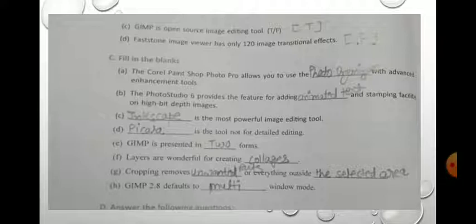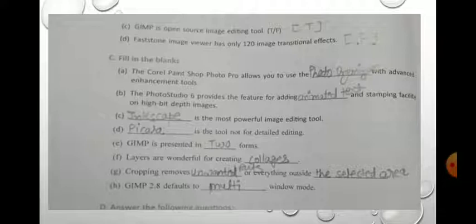Next is the Photo Studio 6 provides the feature for adding dash and stamping facility on high bit depth images.